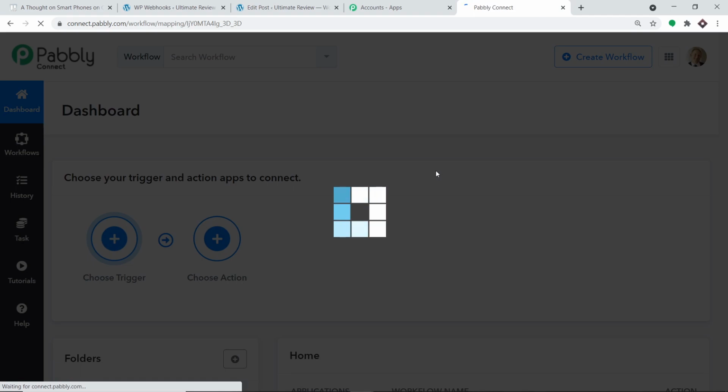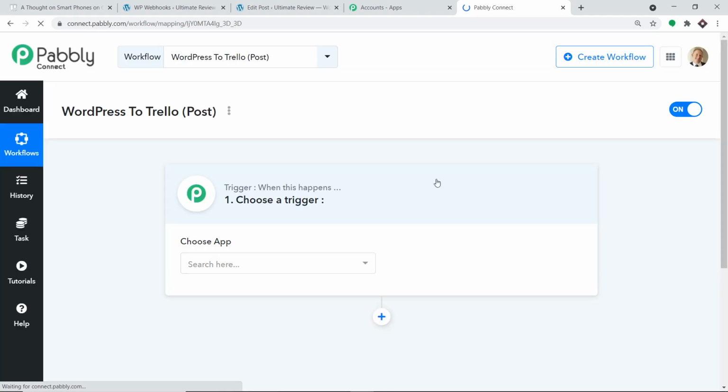So when you click on Create, a window appears in front of you. This is called the trigger window. So basically we are going to create a new workflow. Now, if you directly want to access this workflow, you can clone the template using the link which I have provided in the description box.